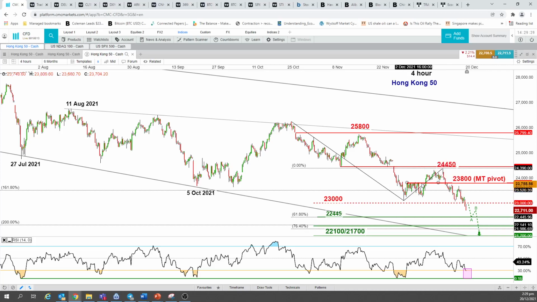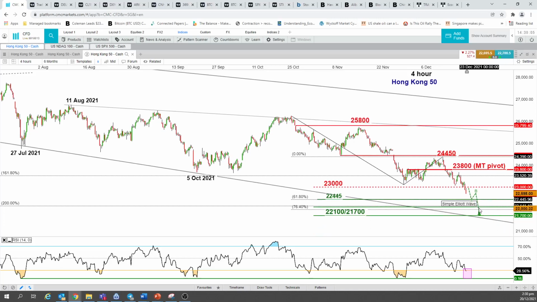It is in fact the former support level of this bunch of congestion over here, previously taken out but failed to have momentum, and last week it broke down through it, and thereafter price just kept going lower and lower. Okay, so definitely this is a key level to watch to maintain this short-term downside momentum. So as long as this 23,800 holds, we may start to see further downside towards 22,450, followed by 22,100 slash 22,000